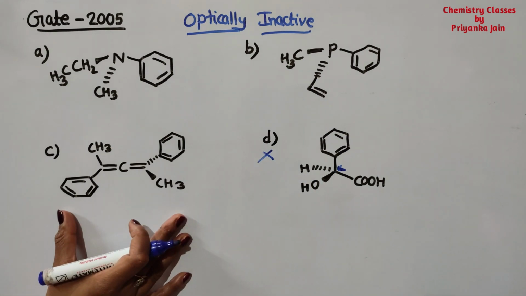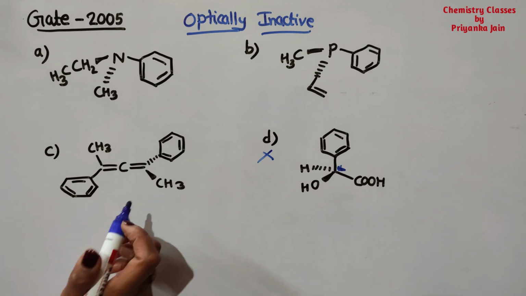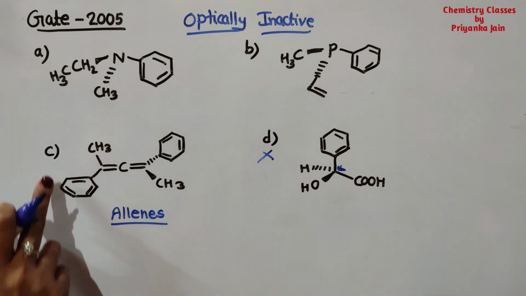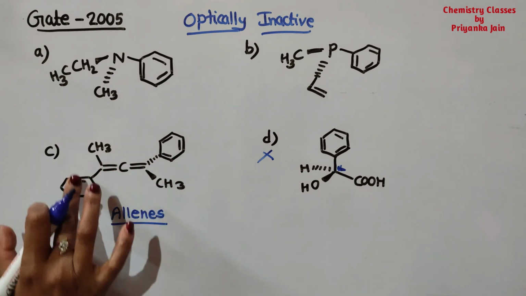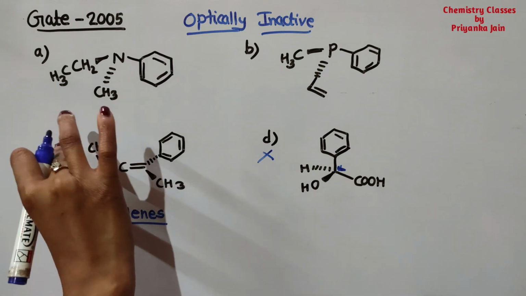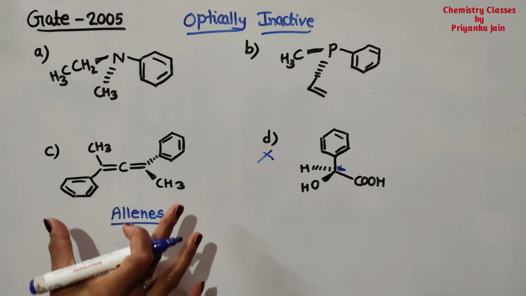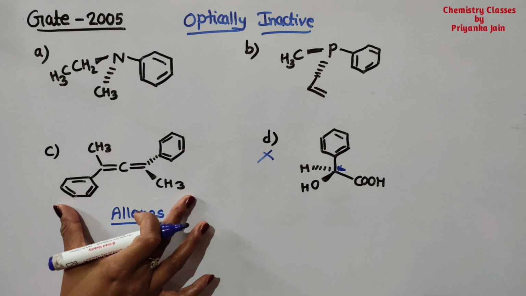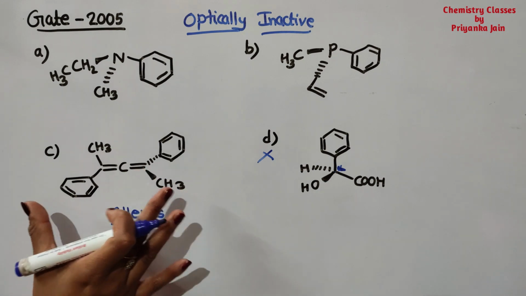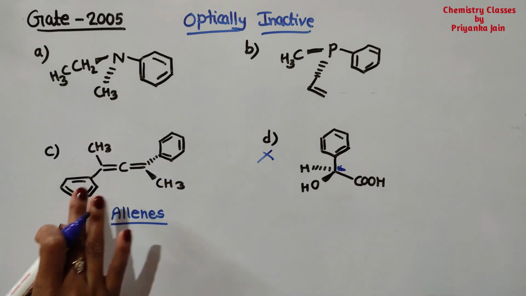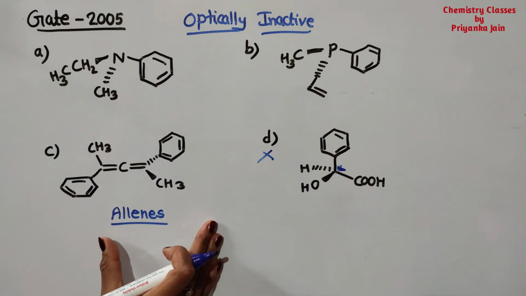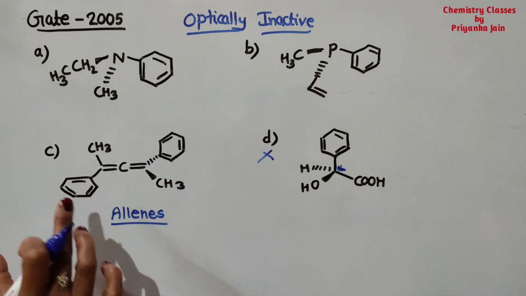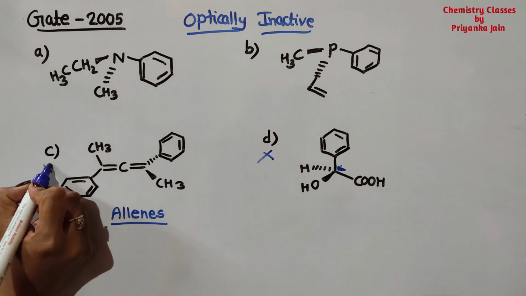Now see this. This is the allylic system, allenes. These are the allenes, and this one is the substituted allene. Two different substituents are attached to the sides of the allene, right? And such systems are optically active. About the allenes, I will give you one lecture, in which we will see everything about allenes, biphenyls, etc. Here you should understand only that allene systems with 2 different substituents are optically active. So this option is also wrong.